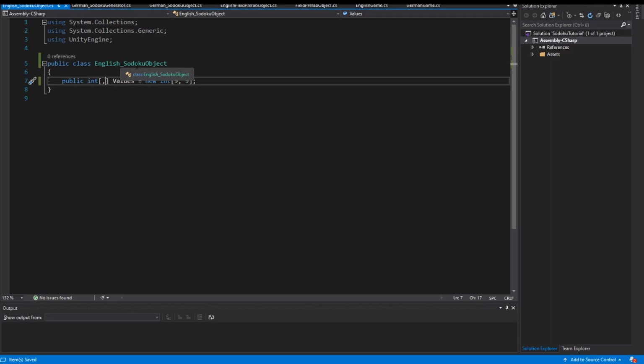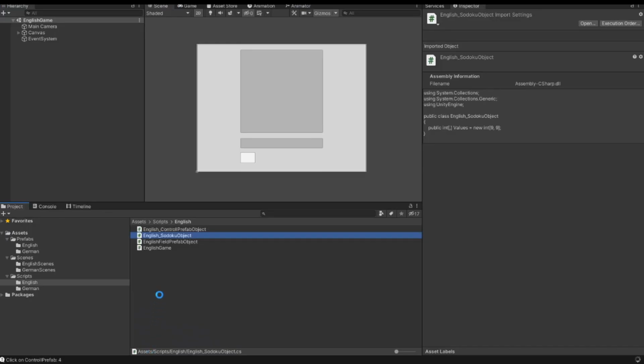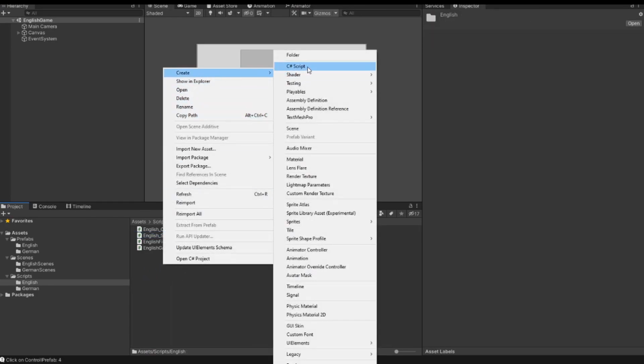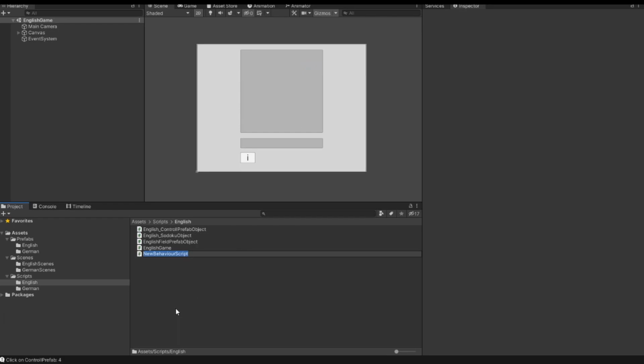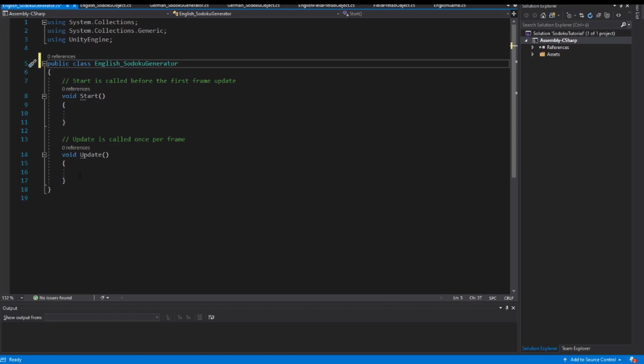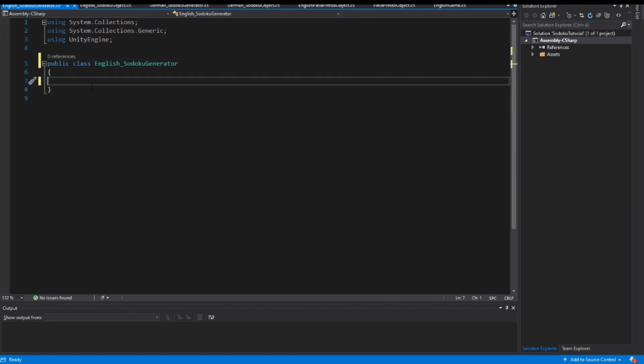Now I save this object, I go back to Unity, and in my script folder I create a second script. I call this script the English Sudoku generator, and double click, I open this script. I also don't need the MonoBehaviour. We also don't need the Start and Update method. I implement for the first time a public static